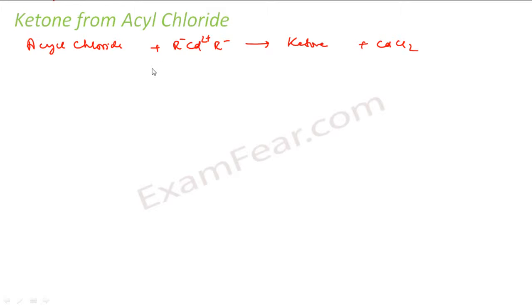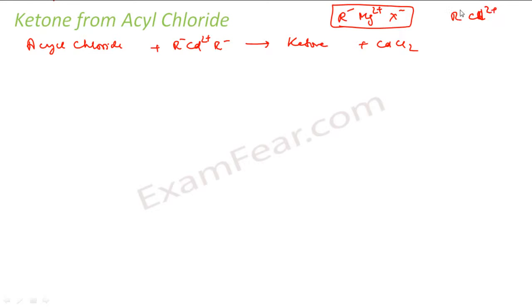So what is special about CdR2, this dialkyl cadmium? This is similar to RMgX. If you see RMgX, it has R-, Mg2+, X-. This is RMgX. If you take CdR2, this is Cd2+